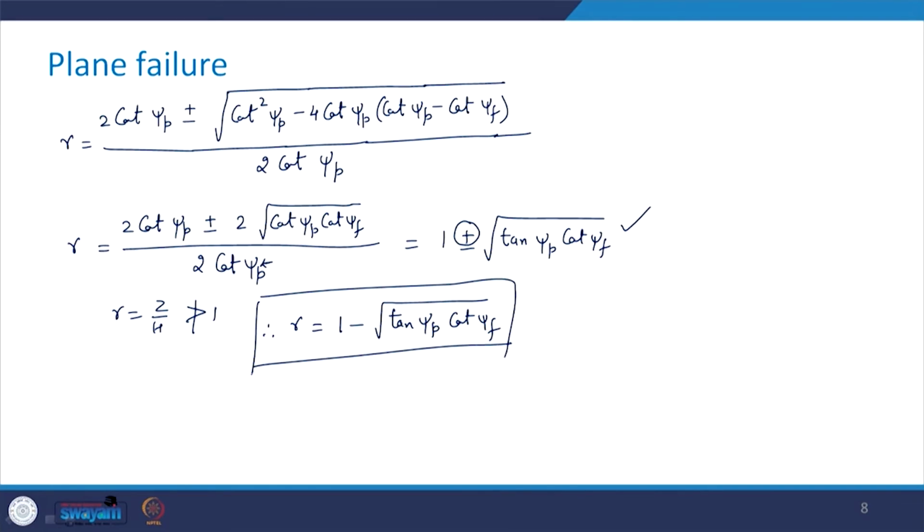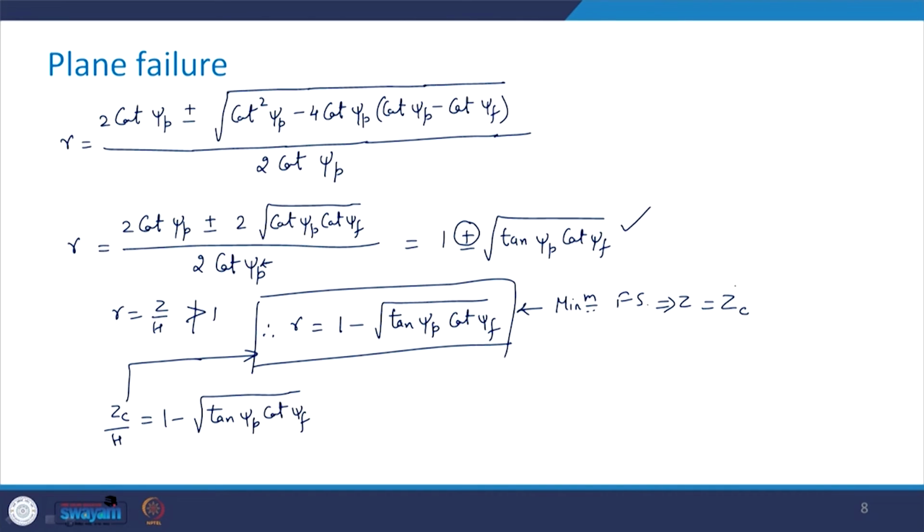Now since this value is going to give me the minimum factor of safety, z would be equal to z critical. So I am going to write here the same expression as zc upon h will be 1 minus square root of tan psi p cot psi f,